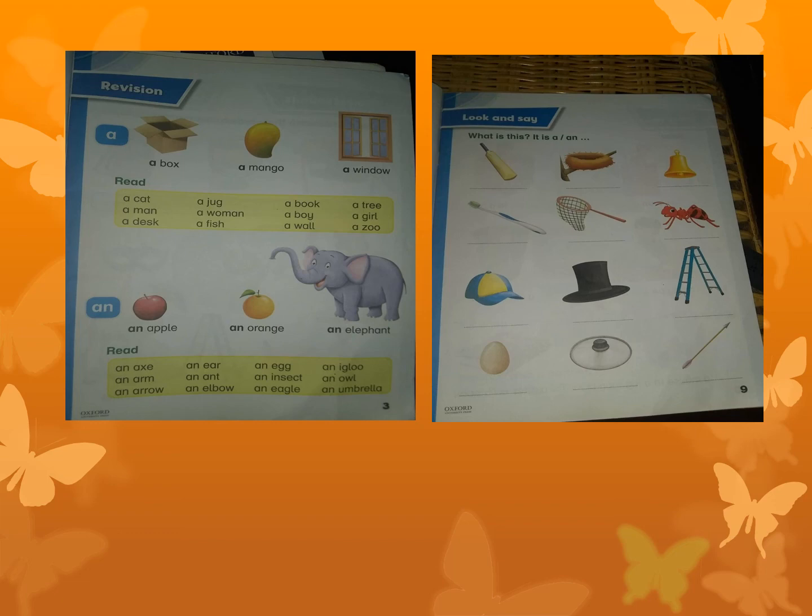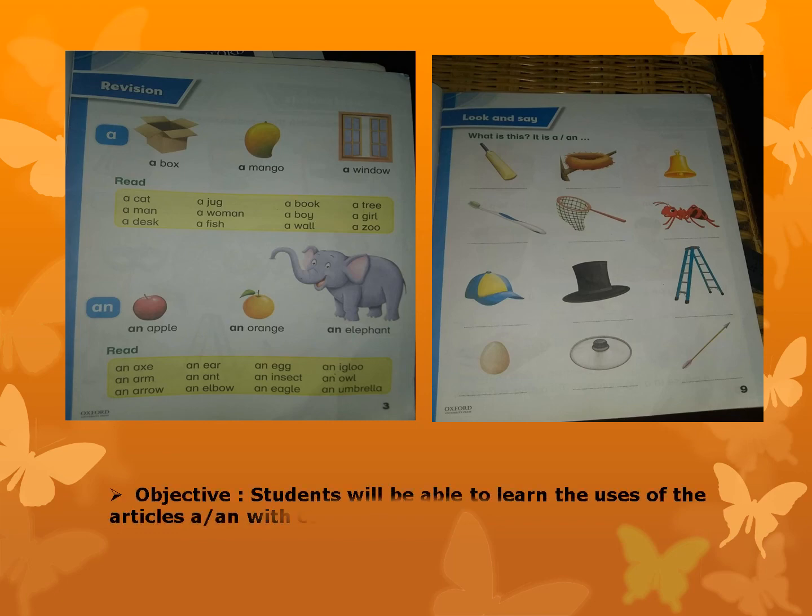Got it? So now you will do this activity this week, and read out this page and do this activity at home. And now I hope you will learn articles and you can identify the uses of vowel sound and consonant sound with the a or an concept.